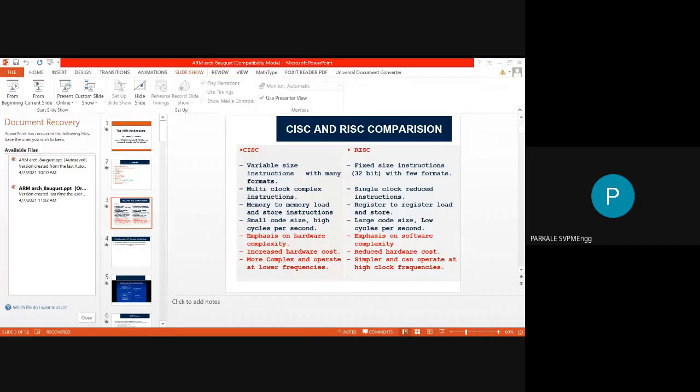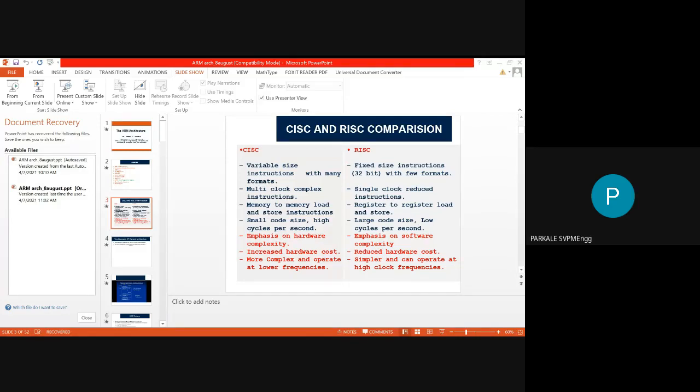Now in Harvard architecture, we have a separate address bus as well as data bus for the program memory as well as the data memory. That means there is no common bus we have to share between the program and data memory, and this will increase the speed of your execution because we have different address buses and data buses. So simultaneously we can fetch the data from the program memory as well as the data memory.